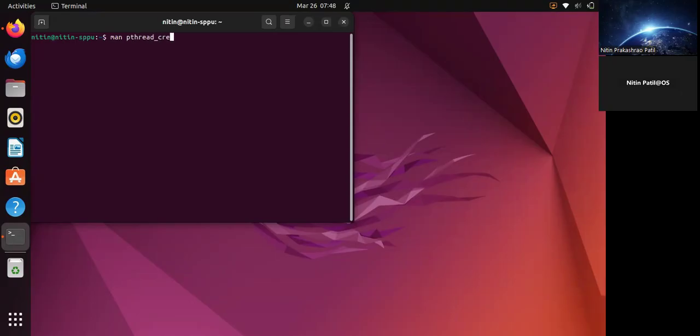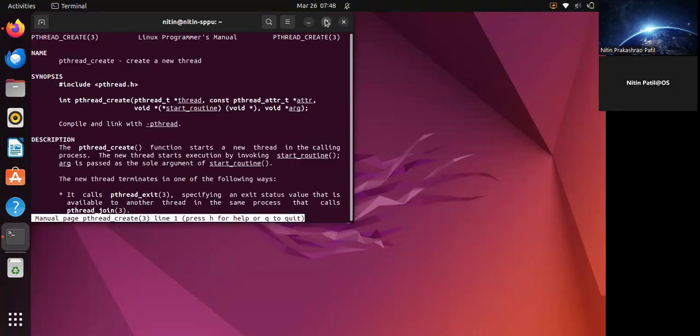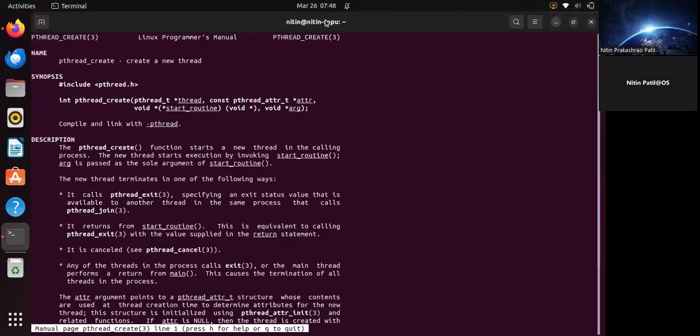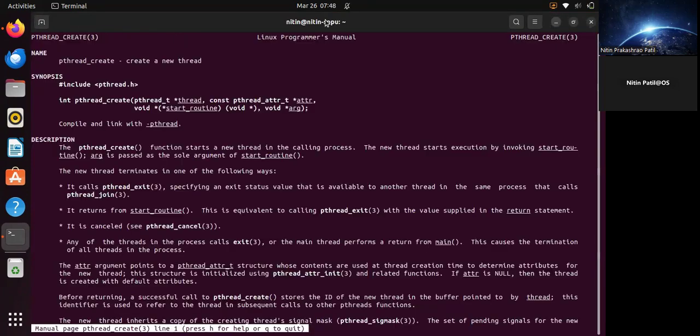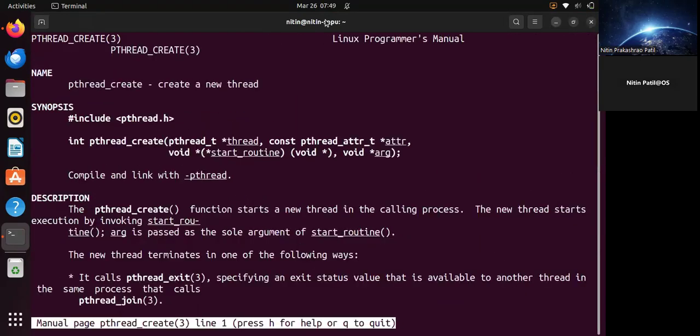pthread_create. Now to understand or to use these functions, we have to make sure that we include pthread.h. Now when we include pthread.h, the next thing is what? The function is to be called with the type to be pthread_create. Now let us try to see the different parameters that are added, and understand this pthread function,